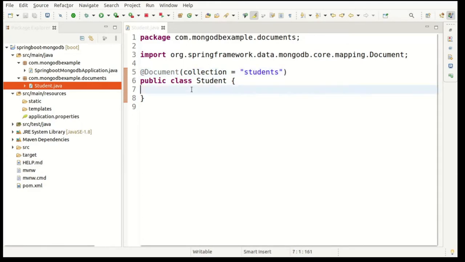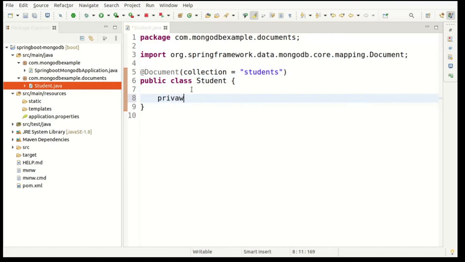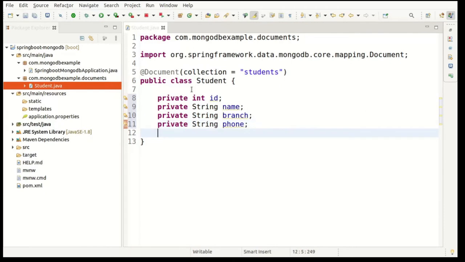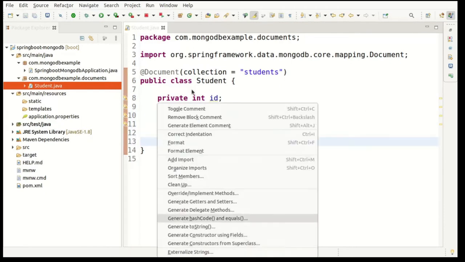Just write some properties: private int id, private String name, private String branch, and private String phone. That's it. And let's write a constructor and getters and setters.